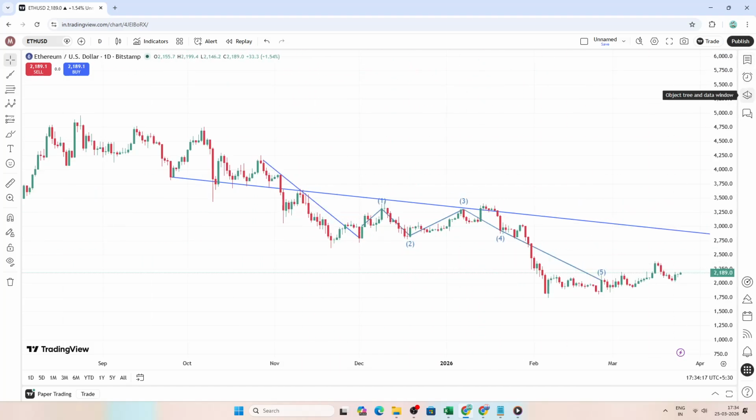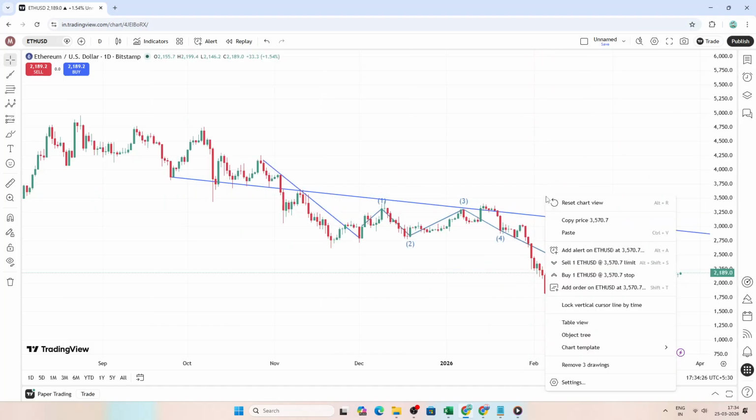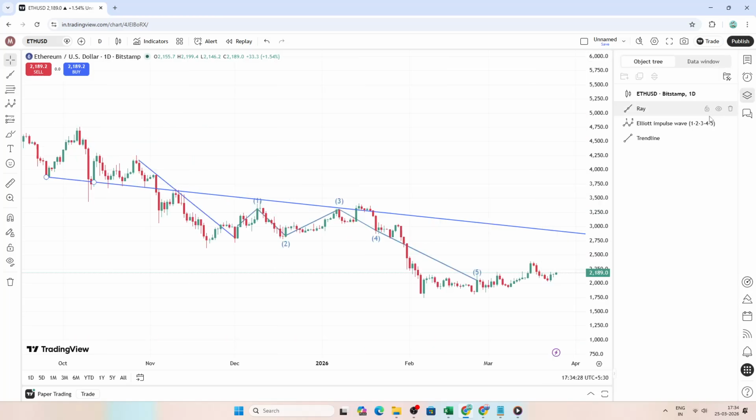You can find its icon at the top right of the sidebar in TradingView. If you don't see it or prefer a quick access method, simply right-click anywhere on the chart and select Object Tree from the menu. This panel lists every drawing and indicator on your chart, so it's the ideal place to